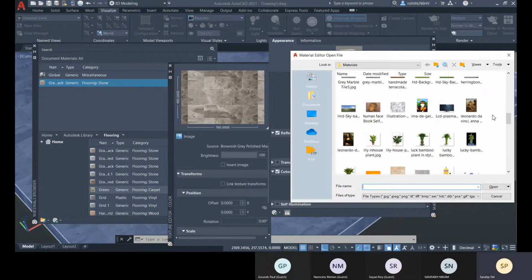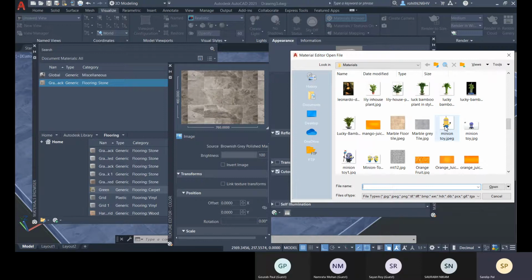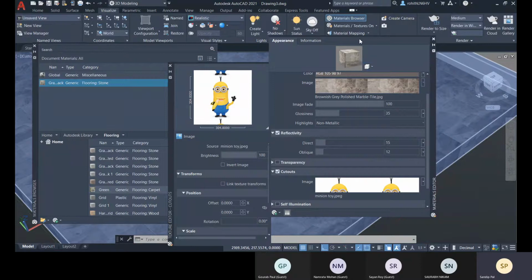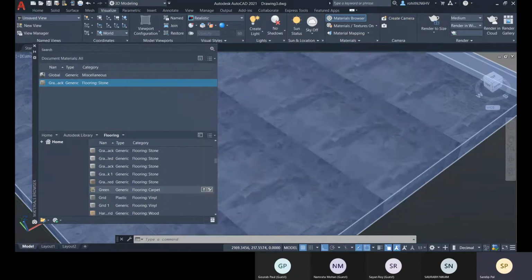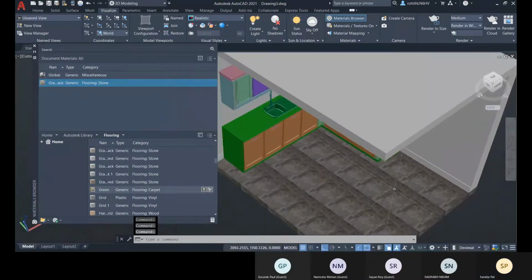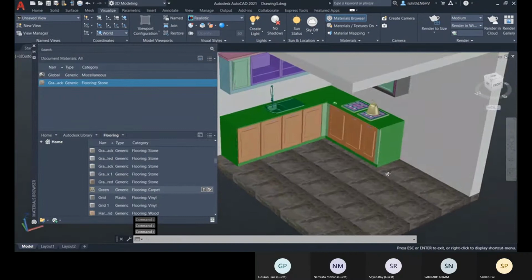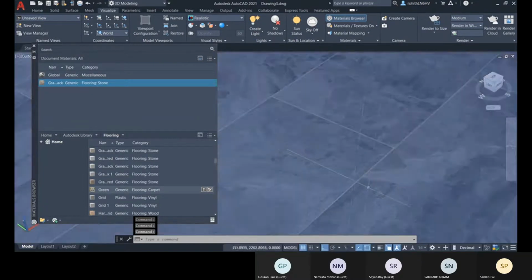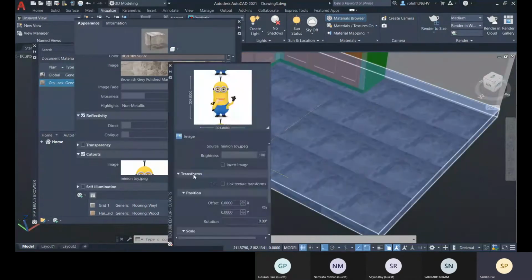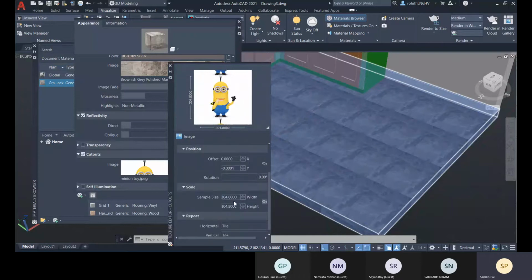let me choose this. Okay, and you can see. Let me change the cutout sizes over there. Okay, so we won't make it tile, so none.